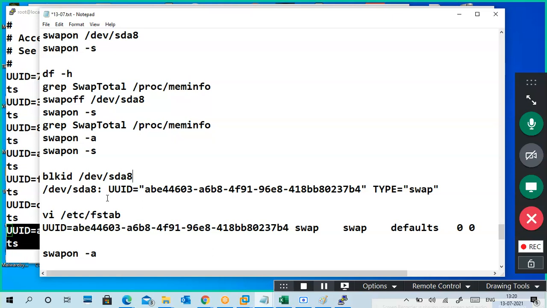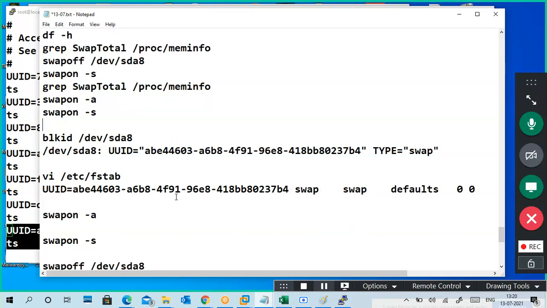Textbooks are no longer there. I know it, but for everything I can't put a command. What is the BLK ID and all? Practice by practice, you will be able to remember. I think even at the time of those numbering systems, then we will get to understand easily. These all are the commands.